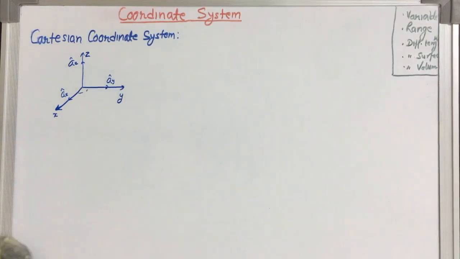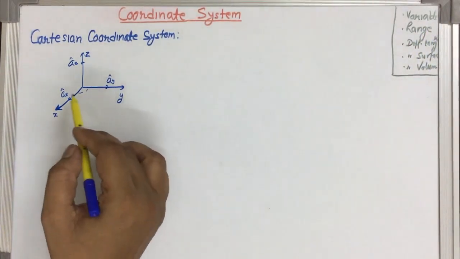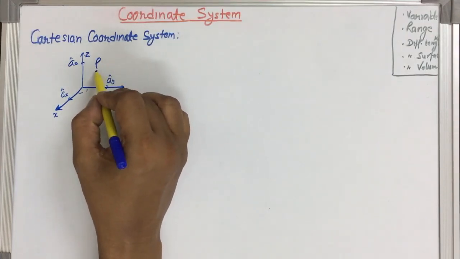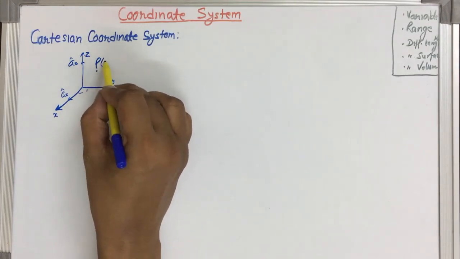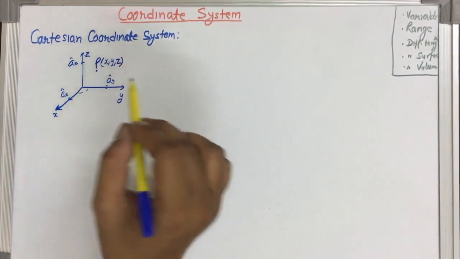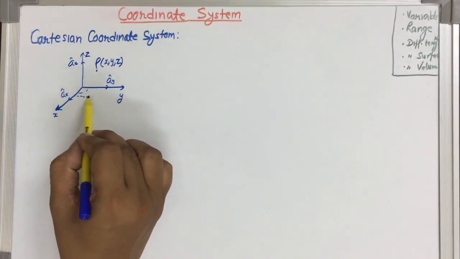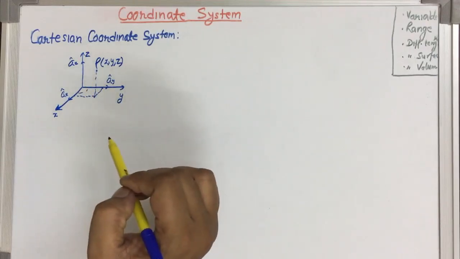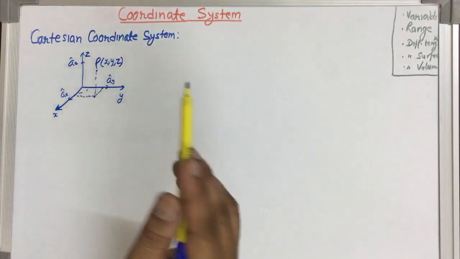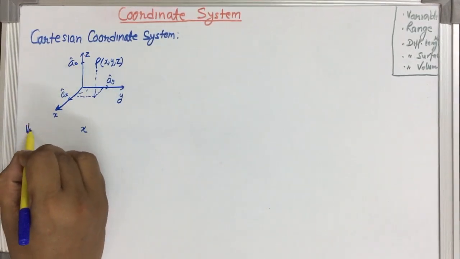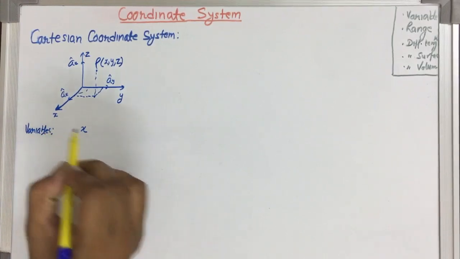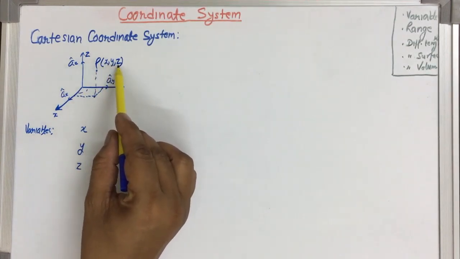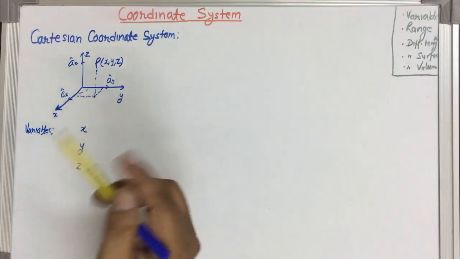So in this case there are three variables. The first term, that is variable. In these coordinate systems, suppose we assume any point P and we want to mark it, then it will be x, y, z. We can mark it like this. This is the point P. So the three variables are: first variable is x, second is y, and third is z. There are three variables. In terms of coordinate, we can say x, y, z,